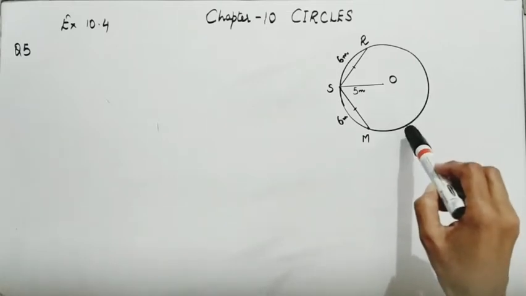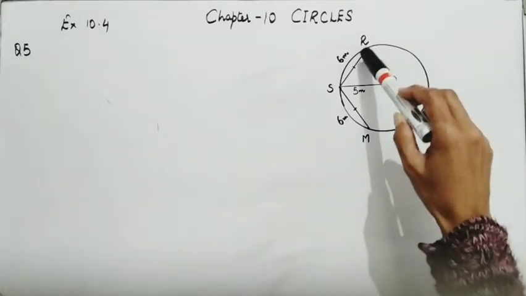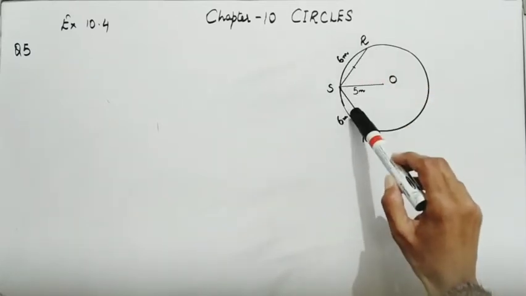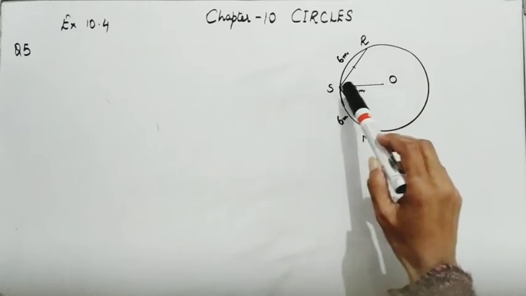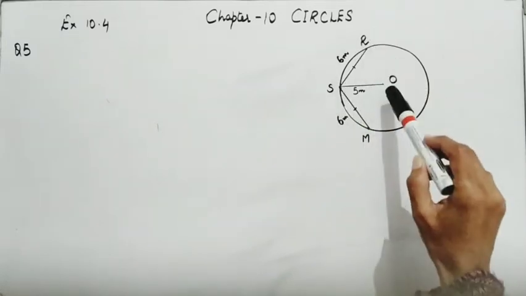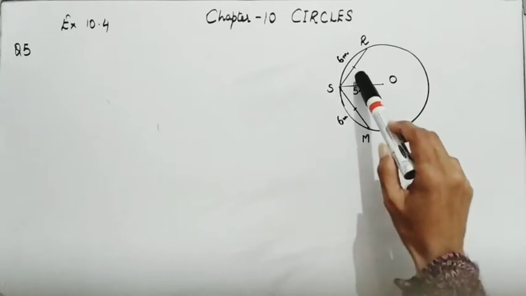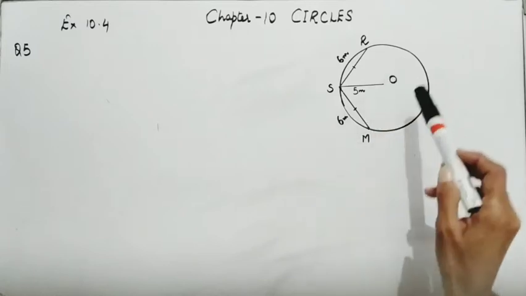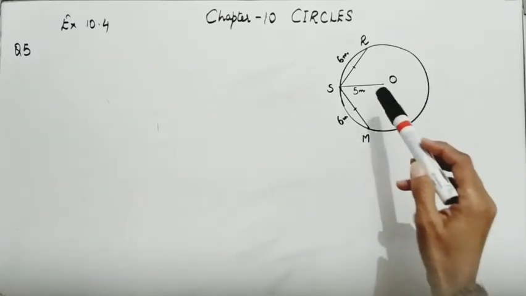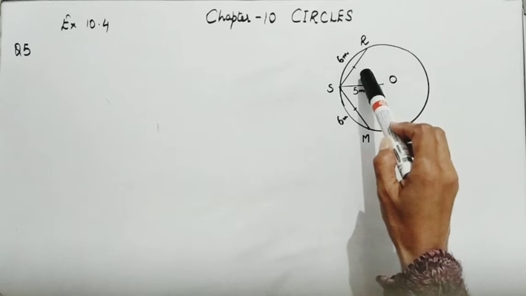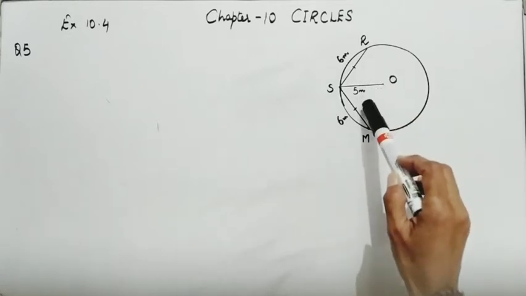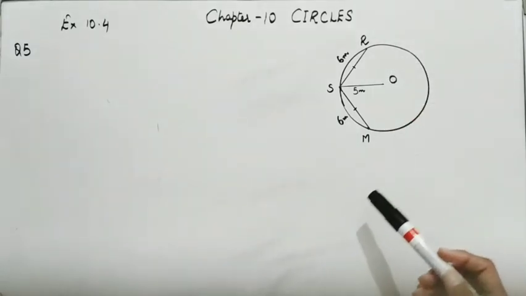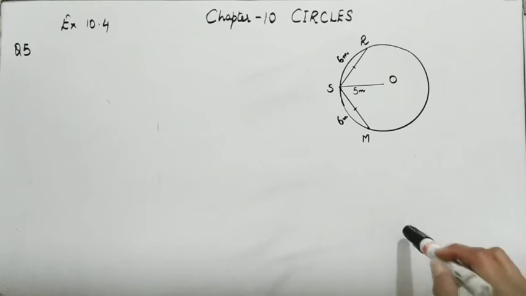Observe this figure carefully. If we see RS and SM, this distance is equal. OS is 5. If we connect OR and OM, we would get two congruent triangles. By SSS rule, triangles would be congruent. So we would just find out area of one that would be equal to area of the other. That's another way of simplifying this question. There are three different methods, so I'm sharing the easiest method to solve it.